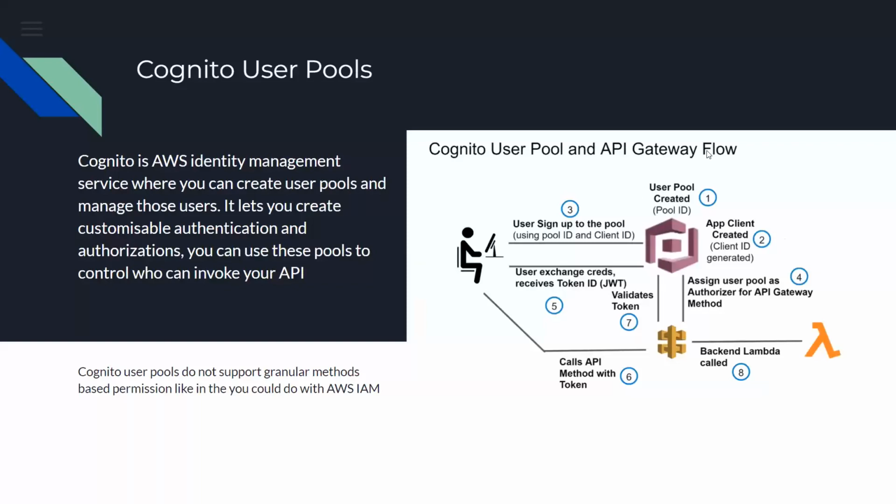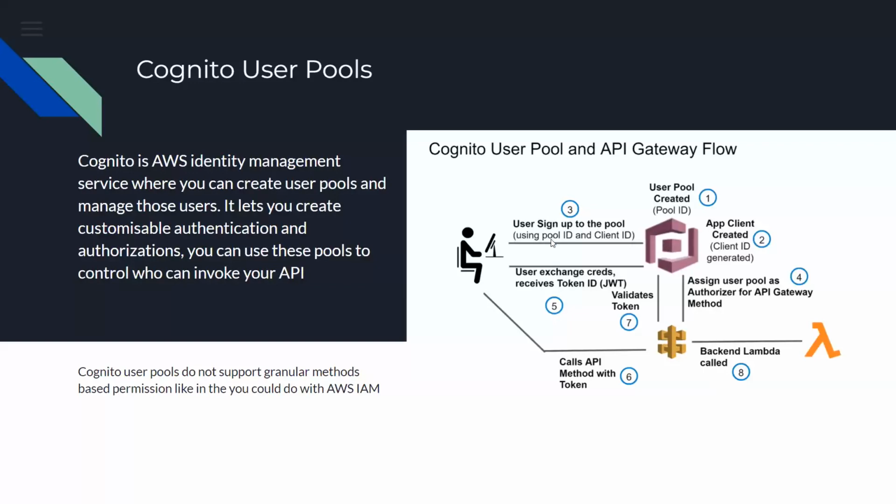I've already registered with Cognito. It has my username and password, and it has generated my ID. So when I'm trying to sign up into the pool, to get access to my API gateway, I'll just sign in using my pool ID and then my client ID. The ID that was generated here can be the username, and the client ID can be the generated token. When I sign in here,